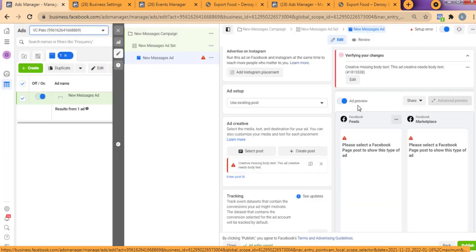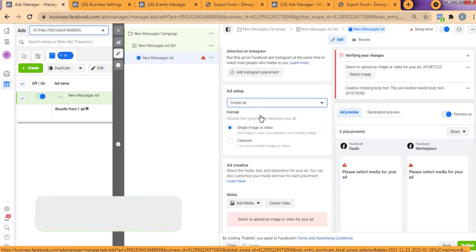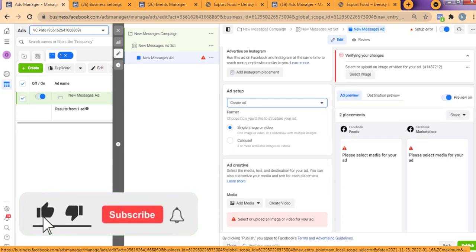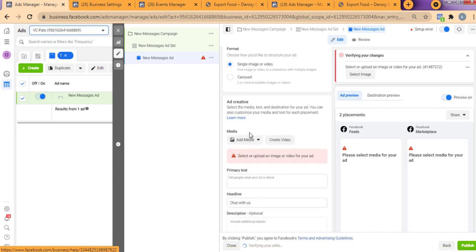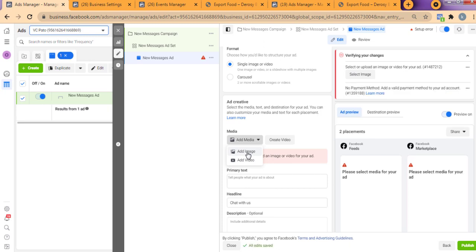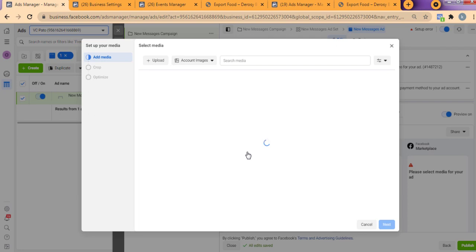But if you are trying to use a new ad without using the one that is already on your page, what you just have to do is use create ad, and you come down here and go to add creative, you choose add media. Is it a video you want to use or an image that you want to use for your ad? Let's say, for example, I'm trying to use an image to run this ad. All I do is click add image,